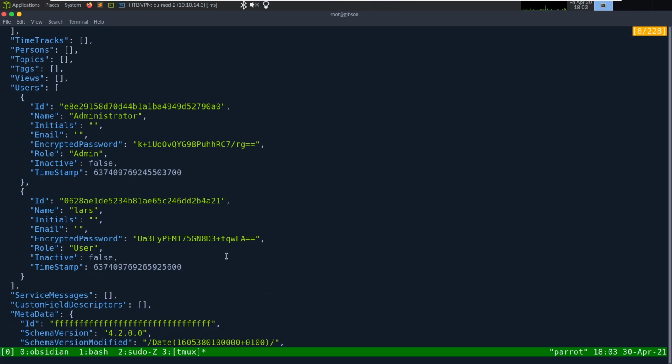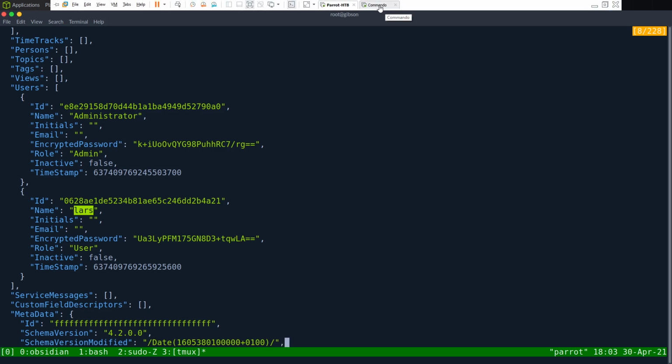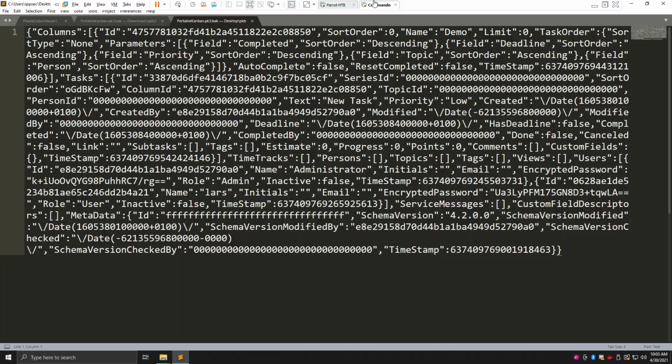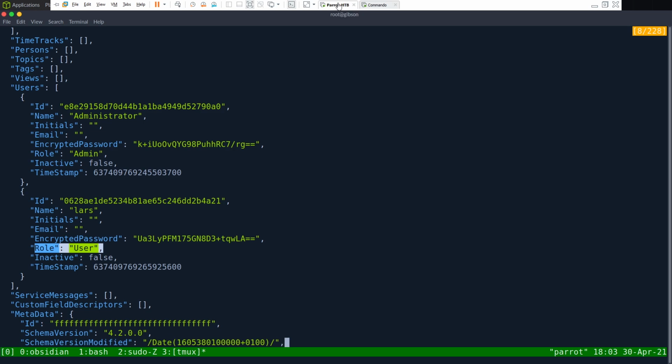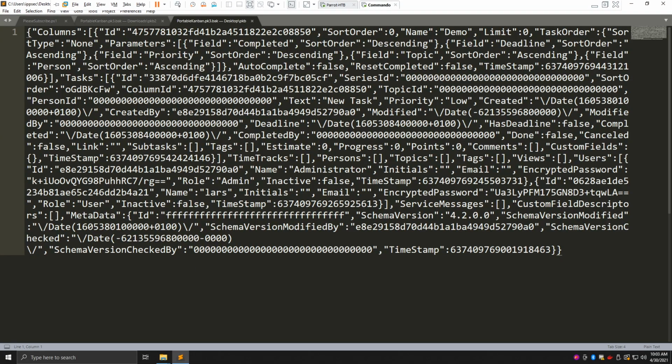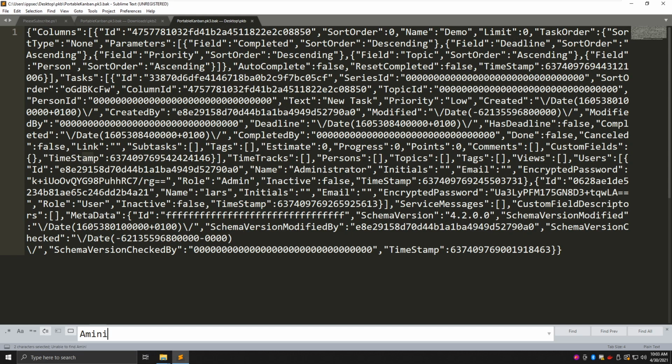So administrator, lars, so we get a potential username here. We can try blanking out the administrator user. If I go back into Commando, and actually before we do that, we can see this role is admin, this role is user. What if we created a new user? So I'm going to go into Commando. We're going to look for administrator